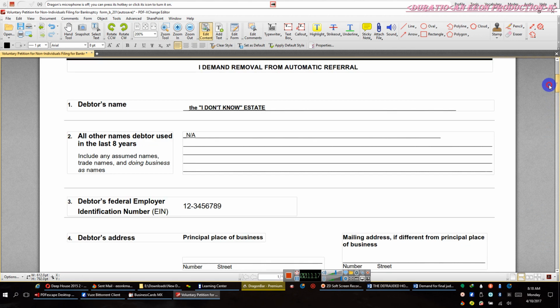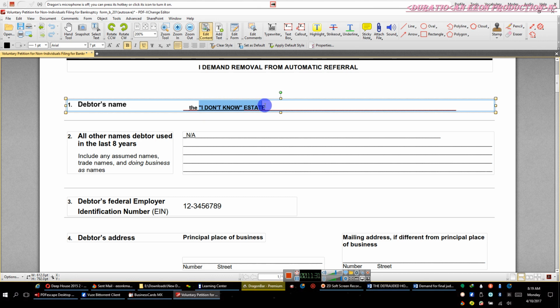Now, remember I put up here the I don't know a state. Now, many of you, this is only part of the forms for the involuntary bankruptcy. You'll have to go to the website for the courts and pull up the, I think it's like 100 pages. You don't have to fill out all 100 pages, ladies and gentlemen. The areas that you don't know exactly what to do.